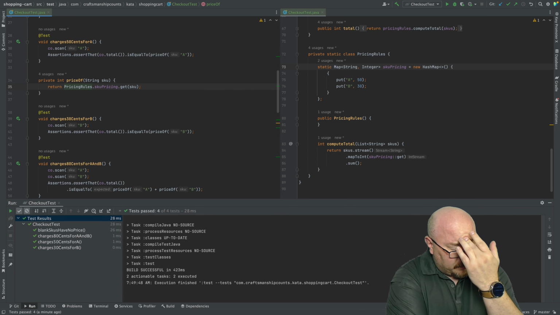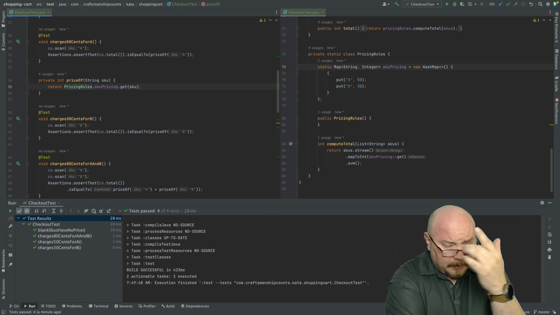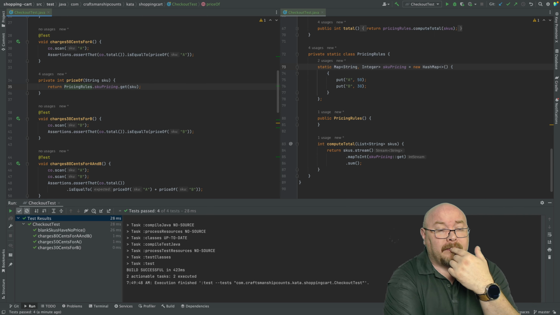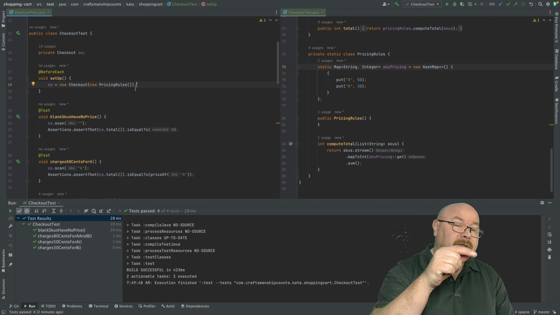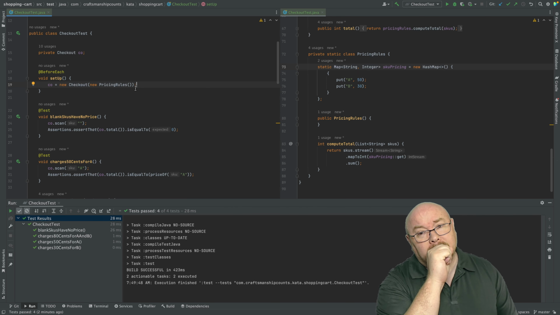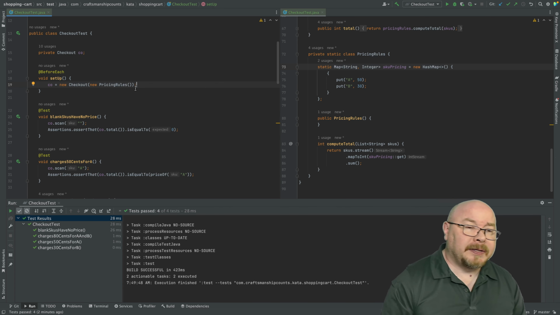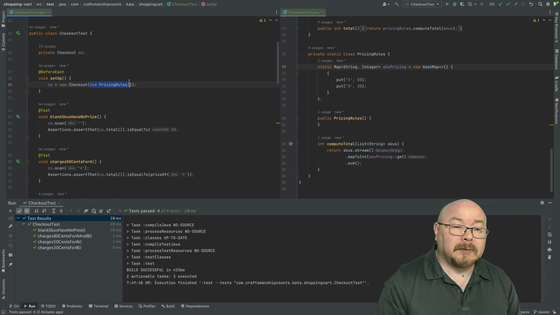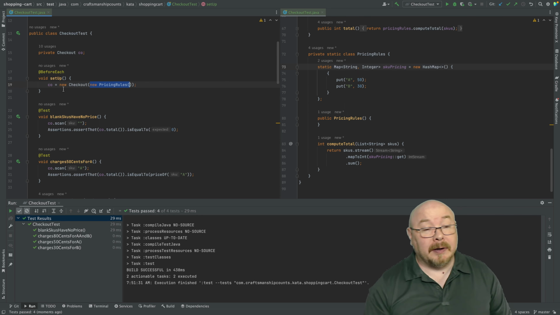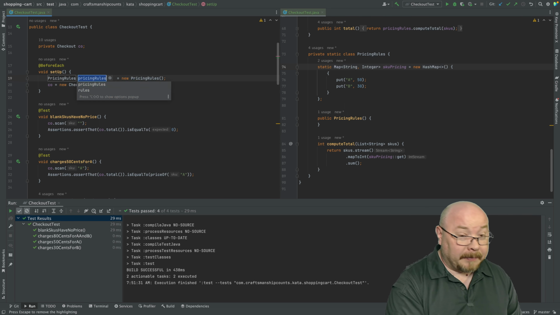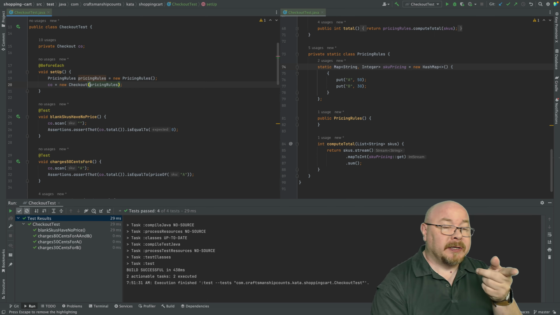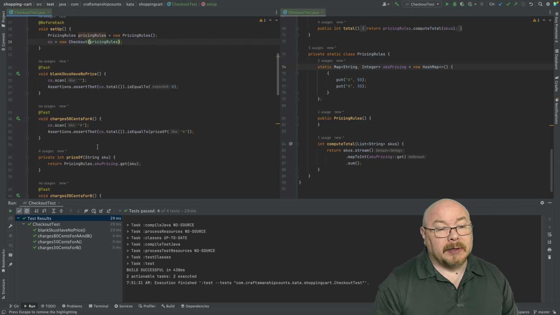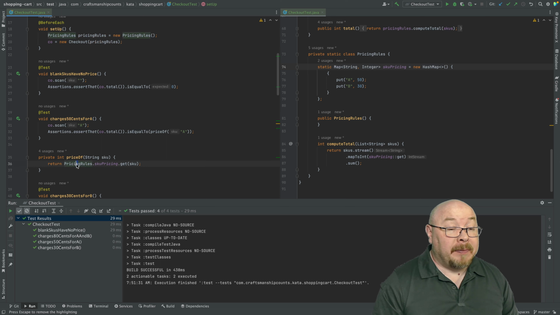If pricing rules were created at a higher level, pricing rules are created at a higher level, but then they're also injected. But that's not significant. I'm still running green, right? Okay, I'm still running green. So let's pull these out. Sure. And then what I can do is now, this is a little bit of a faux pas, but